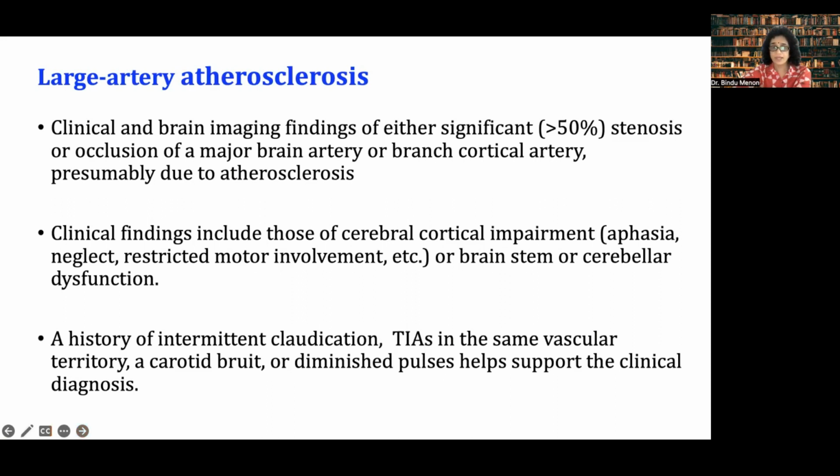And he also has clinical features which are characteristic of a cerebral cortical impairment, that is aphasia, neglect, restricted motor involvement, that is a hemiplegia, or he has a brainstem or a cerebellar dysfunction. A history of intermittent claudication, TIAs in the same vascular territory, a carotid bruit, or diminished pulses should always be checked for patients, especially the pulses of all four limbs, to know whether he has any atherosclerosis. So the clinical features, the radiology diagnosis, either it is extracranial or intracranial more than 50%